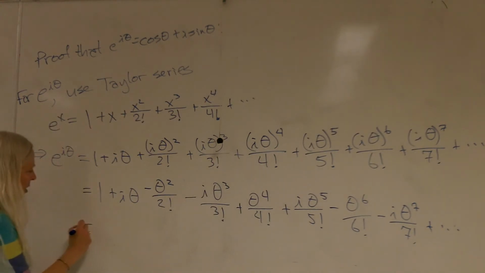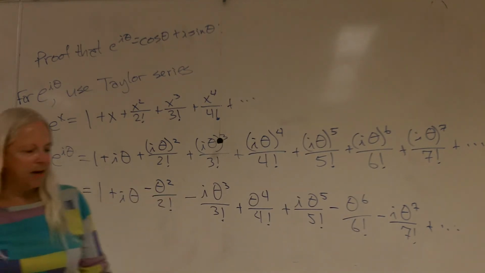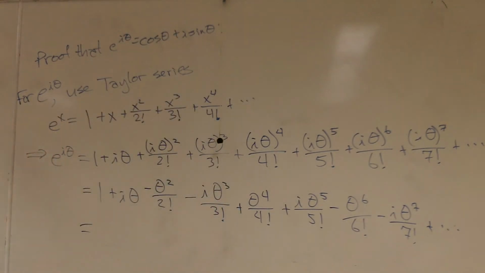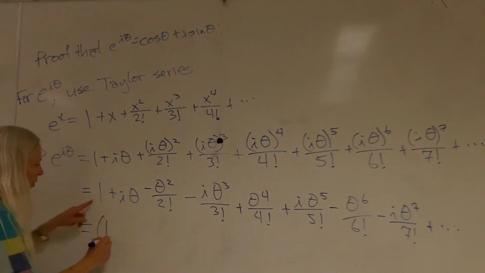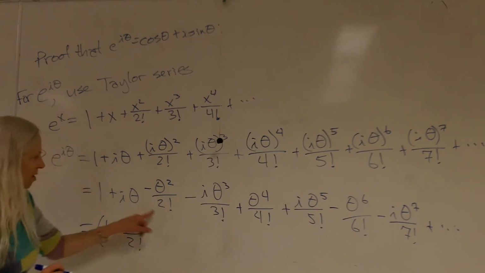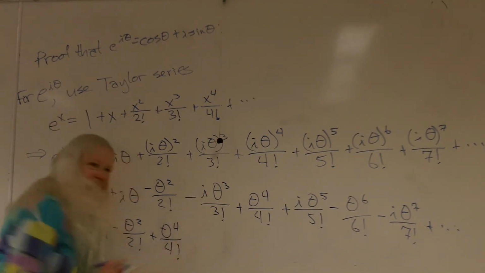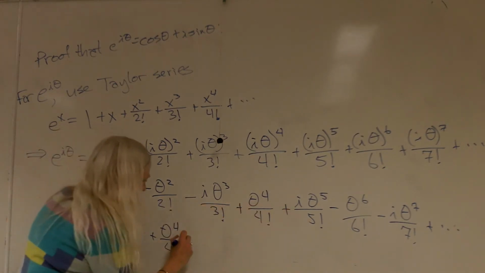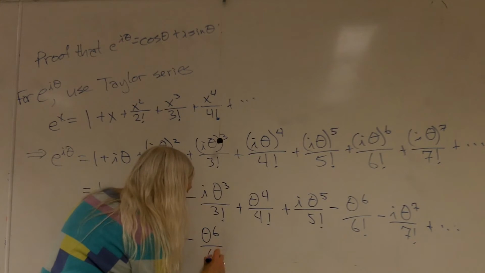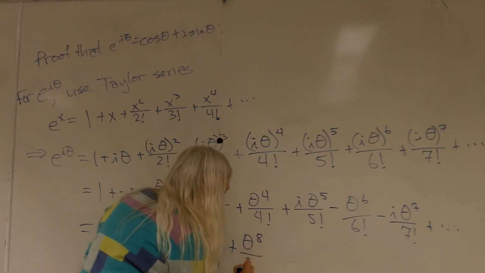Tell you what we're going to do in the next step. Some of these terms now have i's in them and some don't. Let's collect together all the ones that don't have an i, group them together in parentheses, and collect together all the ones with i's, group those together in parentheses. So all the terms without the i's in them: 1 minus theta squared over 2 factorial plus theta to the 4th over 4 factorial. Some of you are probably starting to see what's happening at this point. Minus theta to the 6th over 6 factorial. The next one that I didn't write down over there would be theta to the 8th over 8 factorial plus,